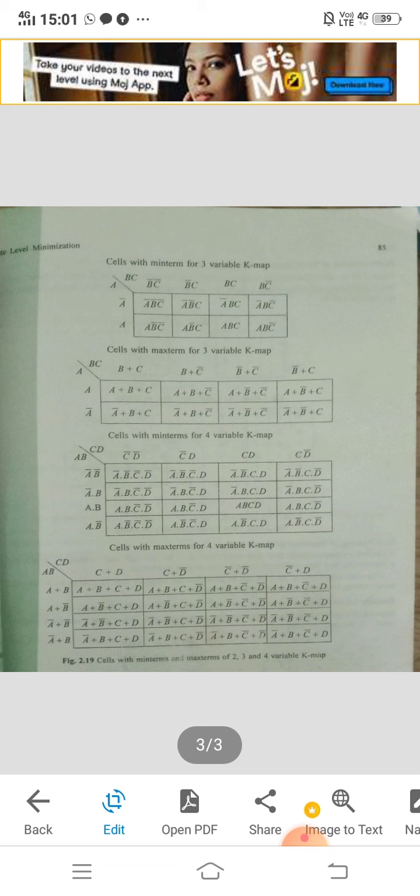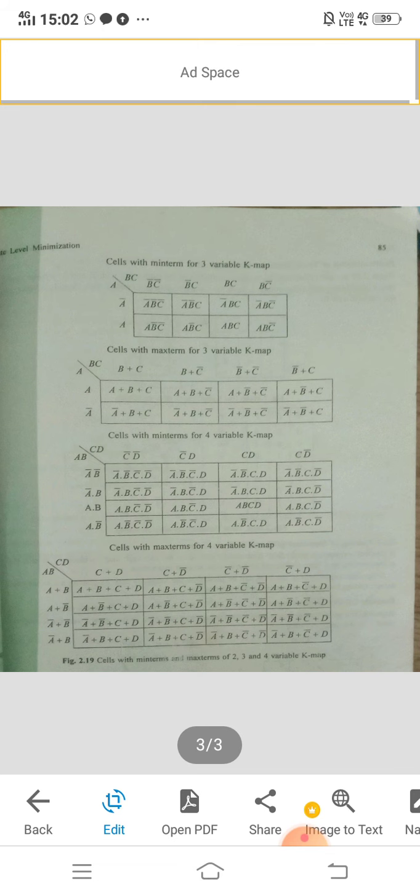True and false means 0 1: A bar, A. For B C: 0 0 means B bar C bar, 0 1 means B bar C, then 1 1 B C, 1 0 B C bar. Okay, for 3 variables.